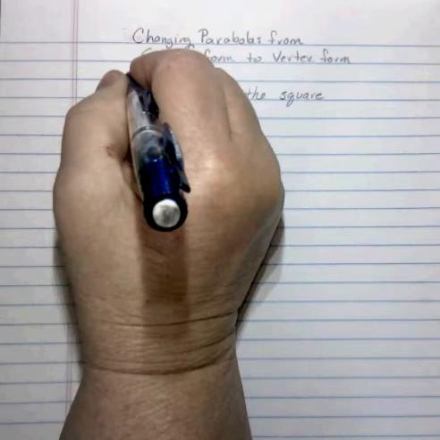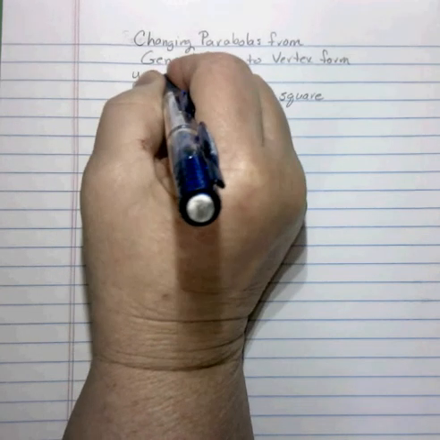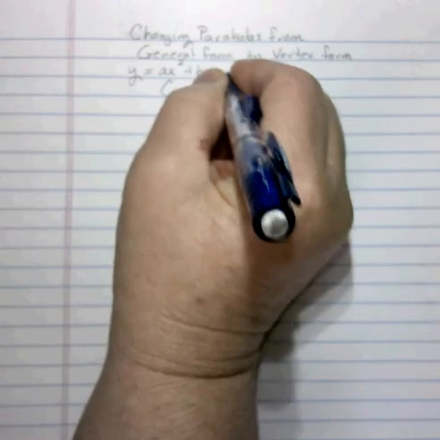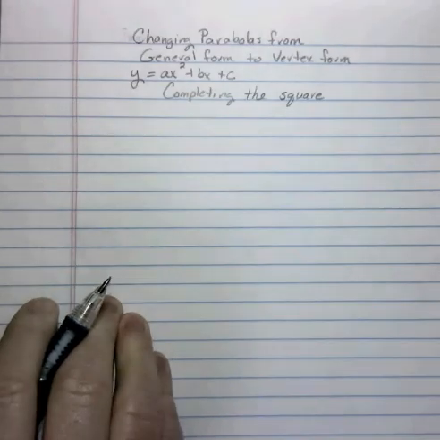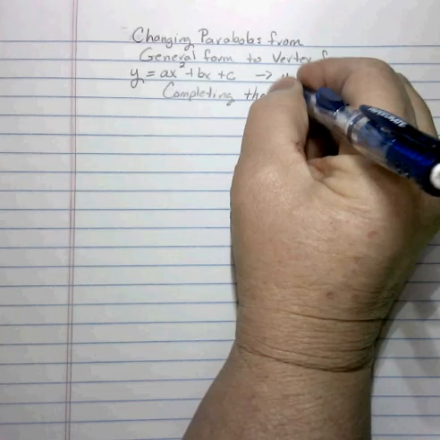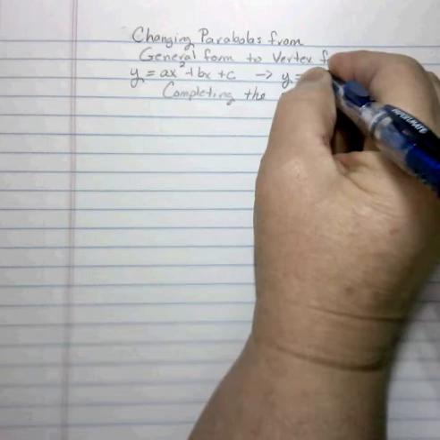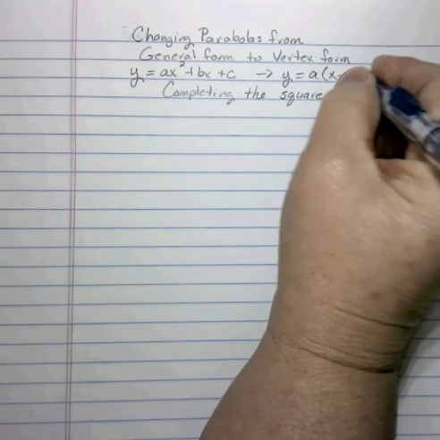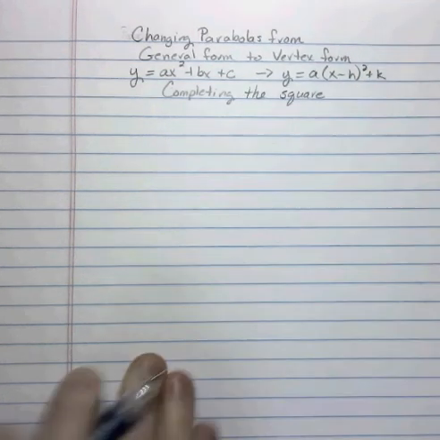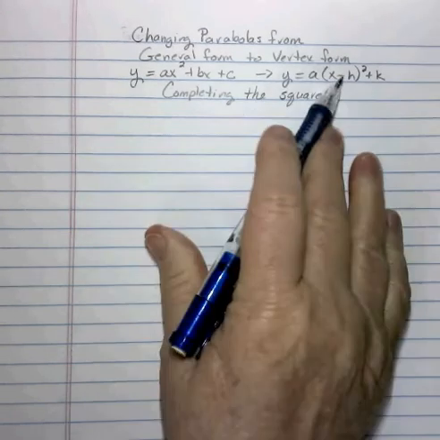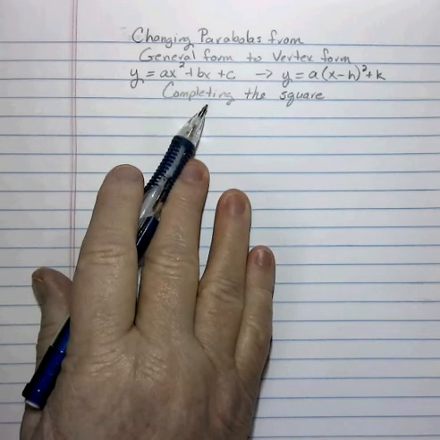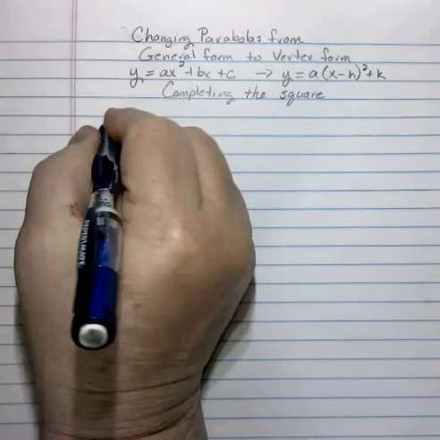So general form is when the equation is in the form y equals ax squared plus bx plus c. So your equation is in this form, and we're going to change it to the vertex form, which is y equals a times x minus h squared plus k. So we're changing from general to vertex form. We're using the technique called completing the square. Our first example